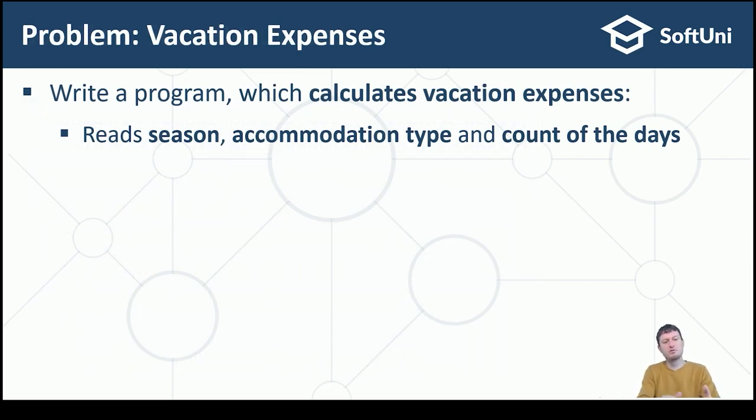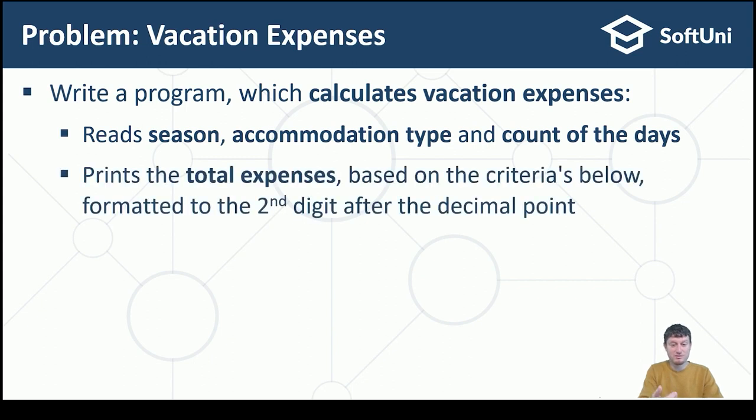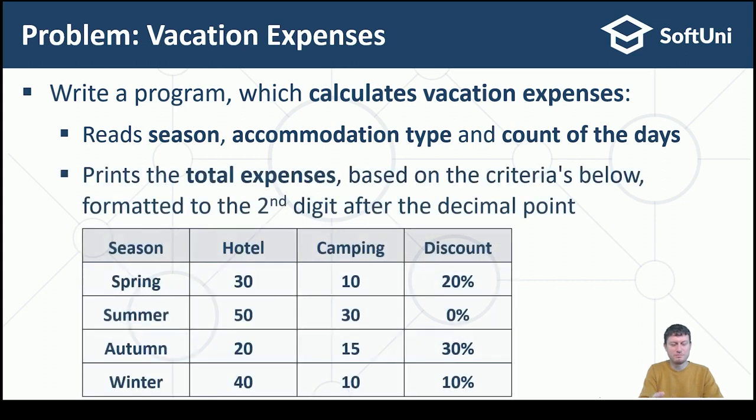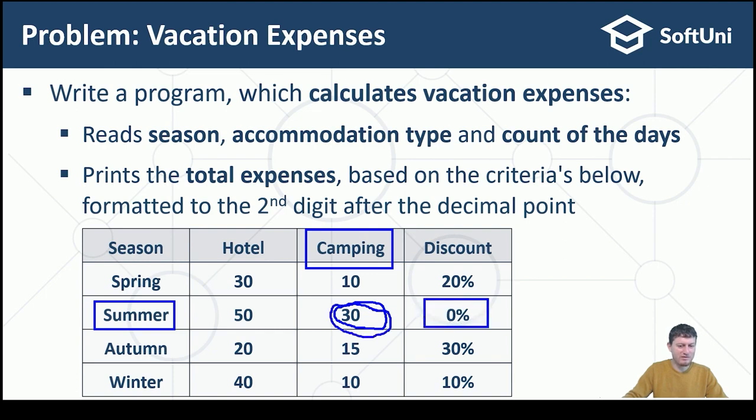The next one is called vacation expenses. It's about writing a program which calculates a vacation expenses. It reads season, accommodation type, and count of days, and prints the total expenses based on this table below. So, for example, if we have summer and we have camping, the rate per day is this 30. We have the count of days, for example 5 days, multiplied by 30, it would be